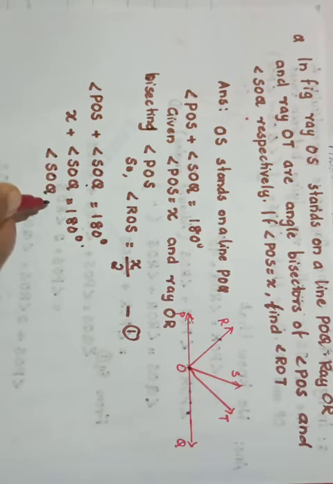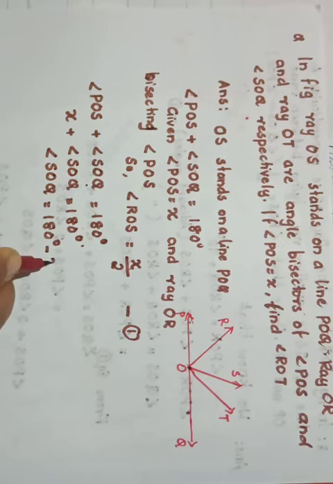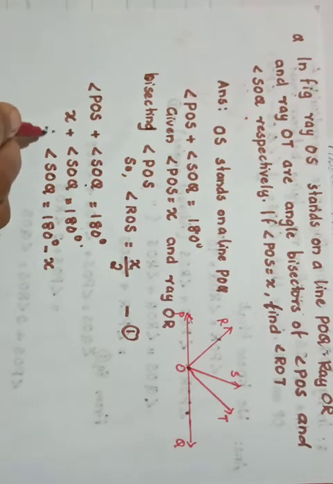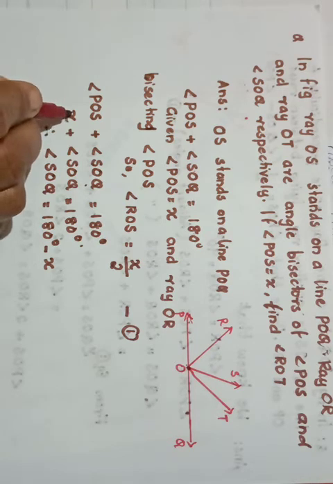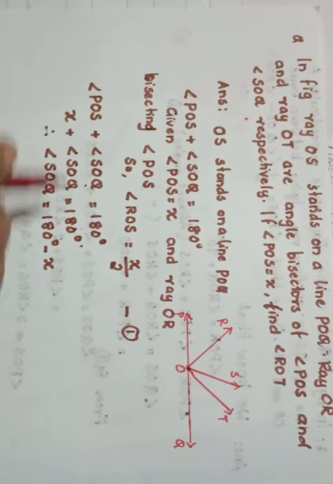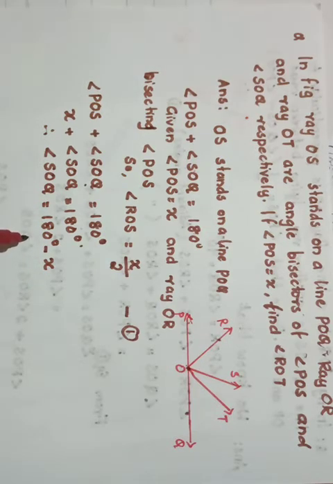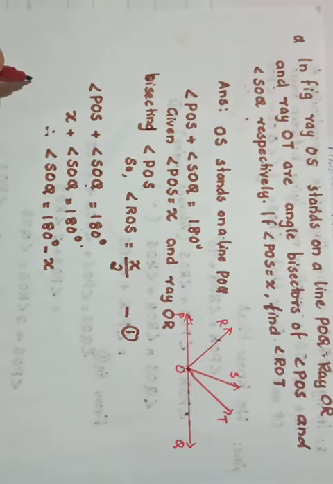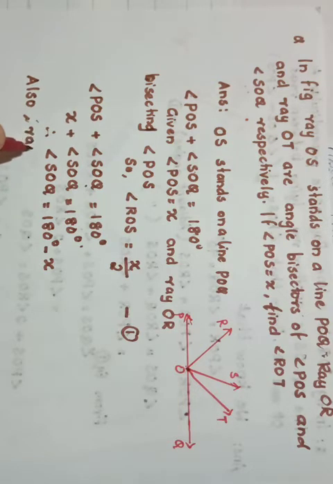SOQ will be 180 degree minus x. Clear? Because when you are transposing to other side, addition becomes subtraction. Also given in the question, also ray OT